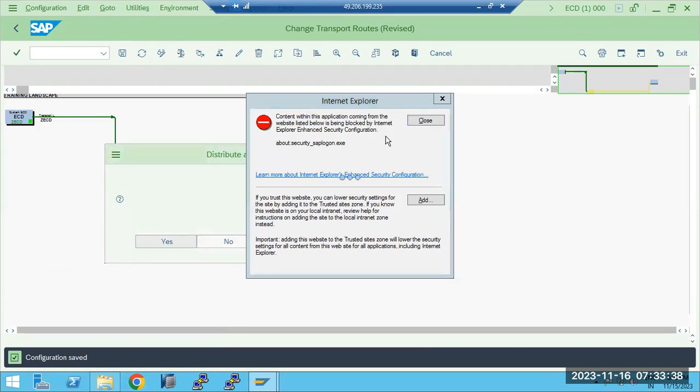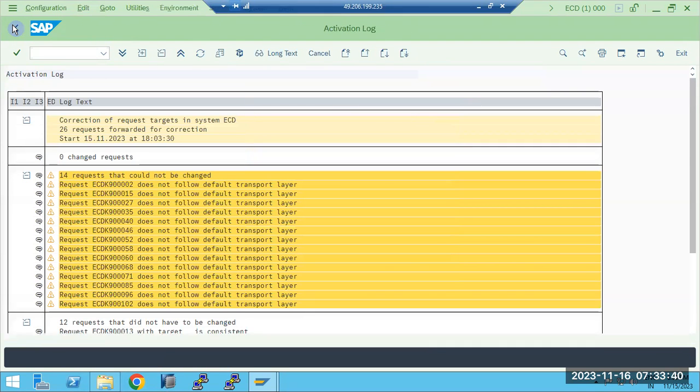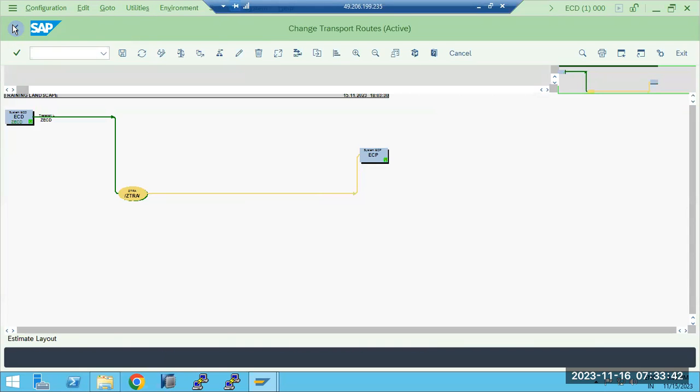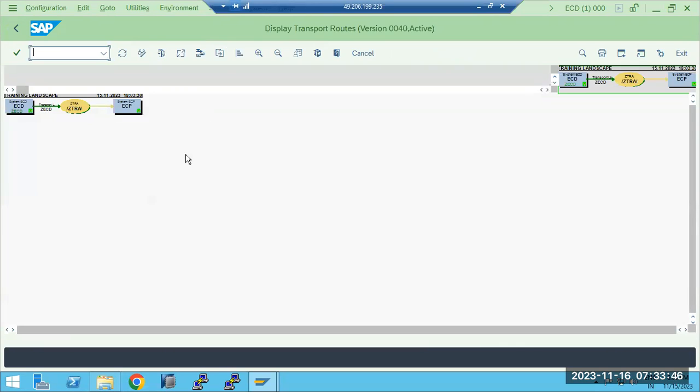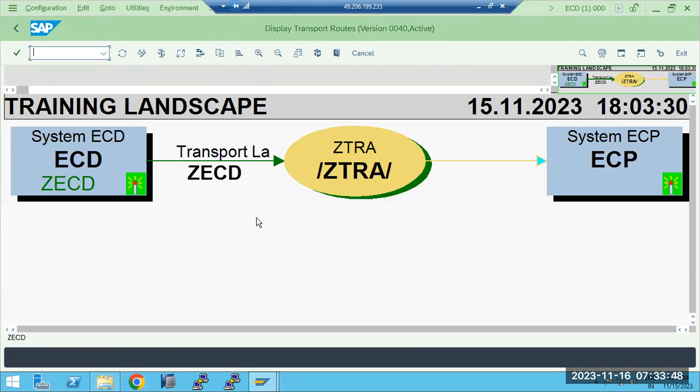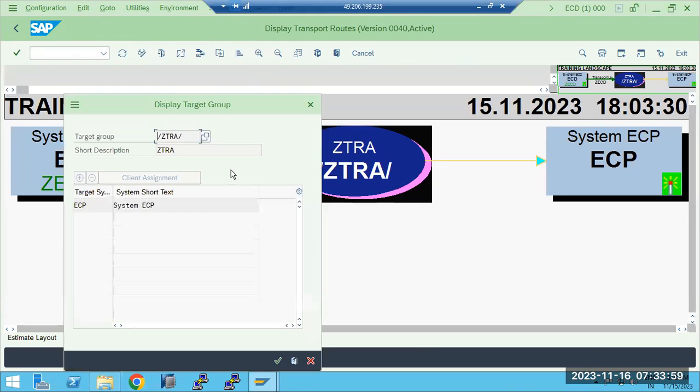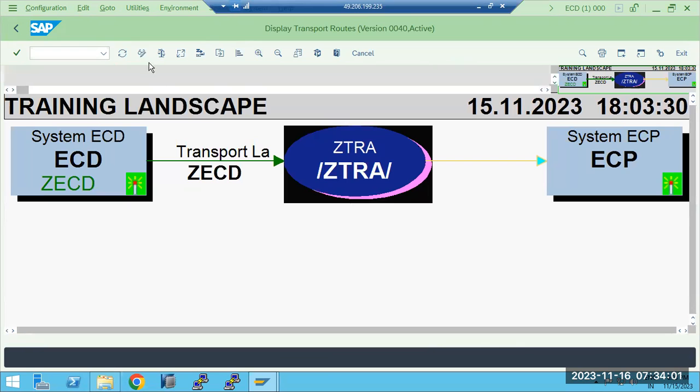Right. So this is in case you want to move the transport request to multiple clients. So you have introduced the group here, so that when you release the transport request, it will go to this group. Then in this group, what systems are defined? Suppose, for example,